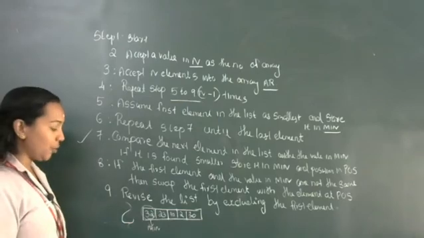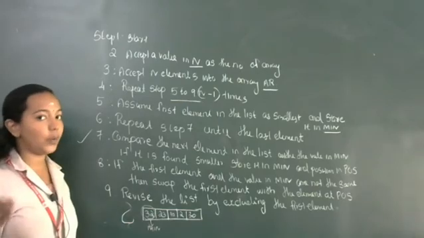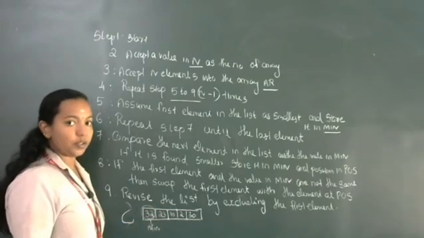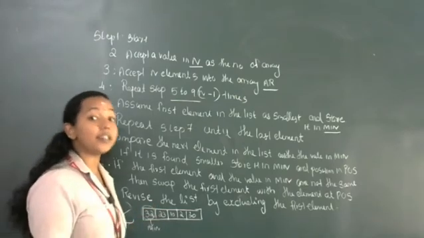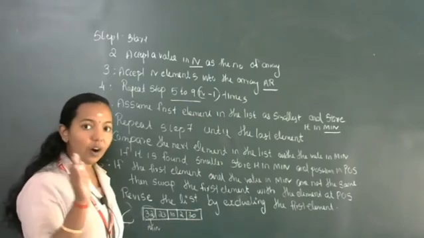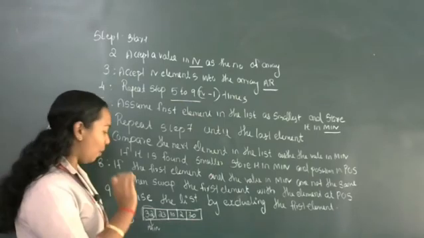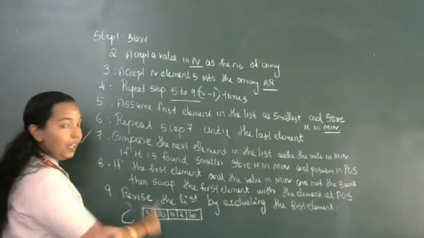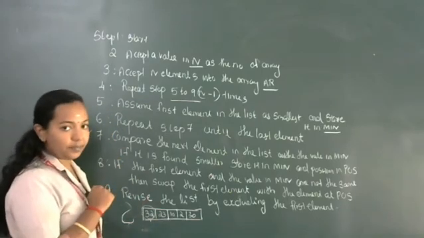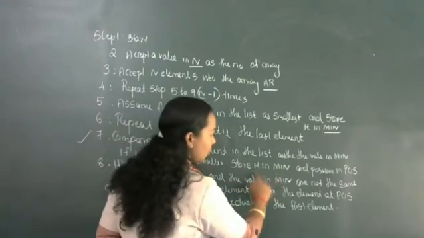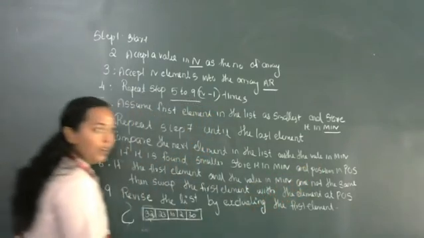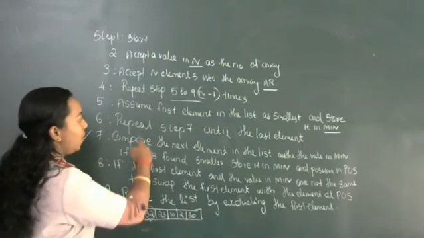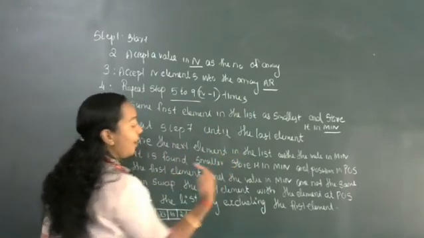Okay, what do you want to do? Now the value of min is equal to 32. So that 32 we are comparing with 23. What is the condition? 32 is greater than 23. So we got one more minimal element smaller than 32. So instead of 32, now the minimal value is 23. Clear? So what is this? Store it in min and position in POS. What is its position? First location. Then you want to repeat step 7 until the last element.